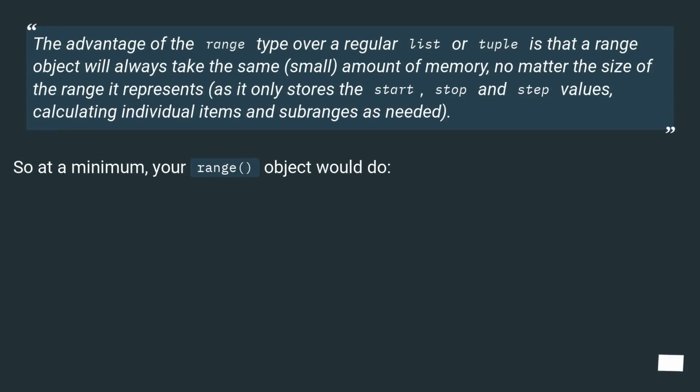The advantage of the range type over a regular list or tuple is that a range object will always take the same, small, amount of memory, no matter the size of the range it represents, as it only stores the start, stop and step values, calculating individual items and subranges as needed. So at a minimum, your range object would do: